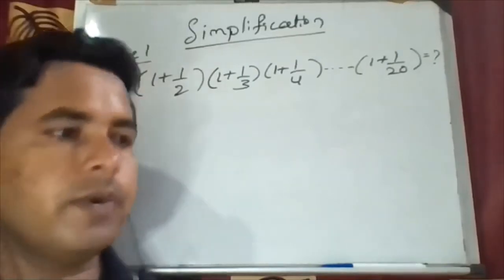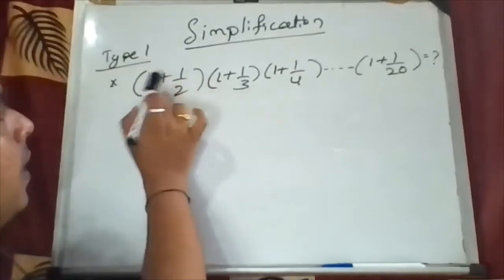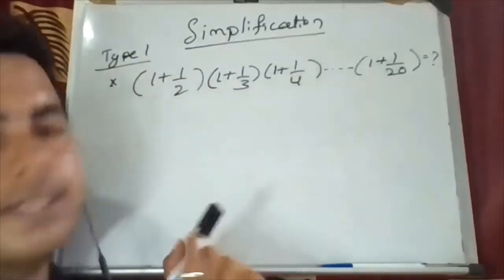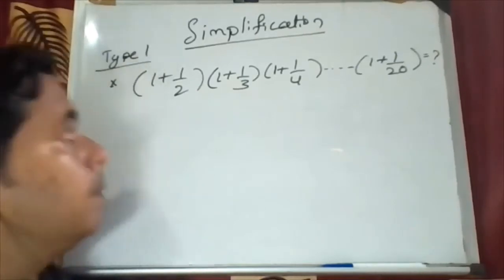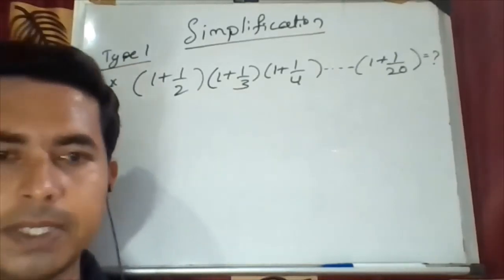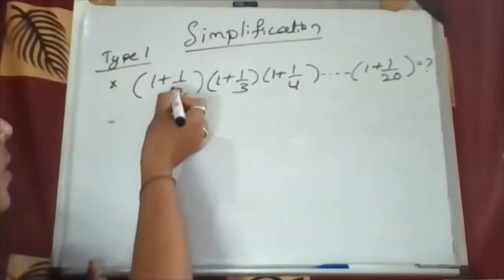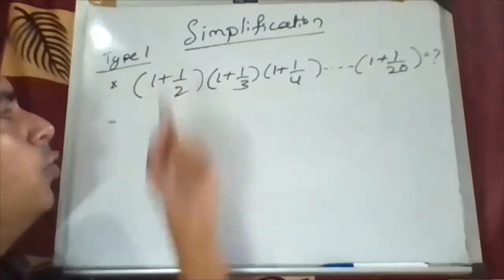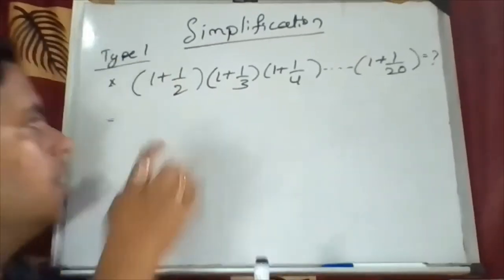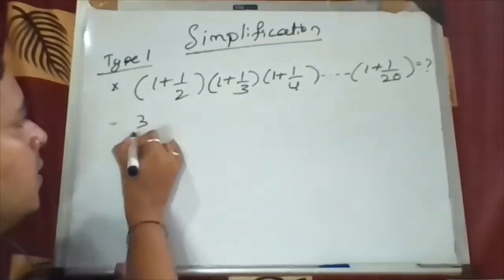Okay, so here what we have to do is, suppose this type of question is here, and keep in mind, in between is a plus sign. They have given a plus sign in between, plus plus plus, everywhere. What you have to do is just add these with a normal thing. 1 plus 1 by 2 is what? 2 into 1 is 2, 2 plus 1 is 3. So here it's 3 by 2.